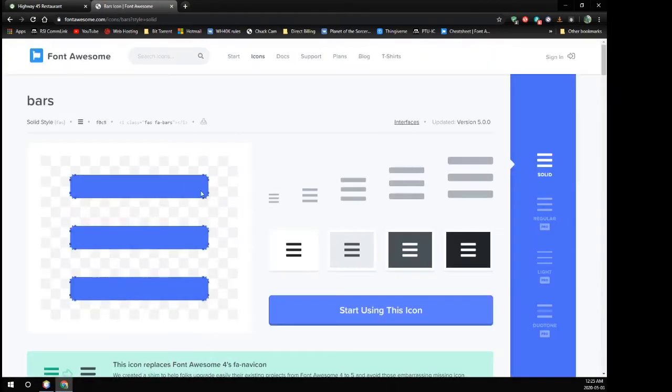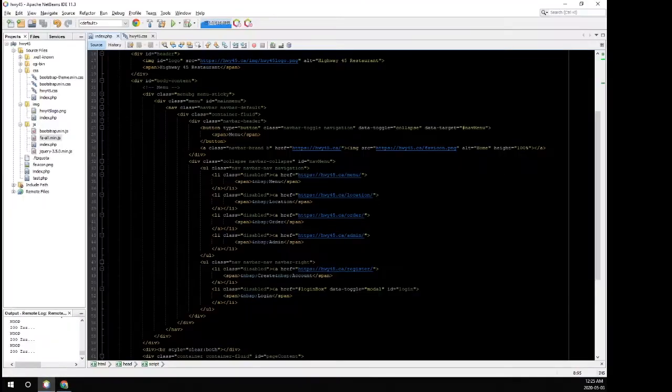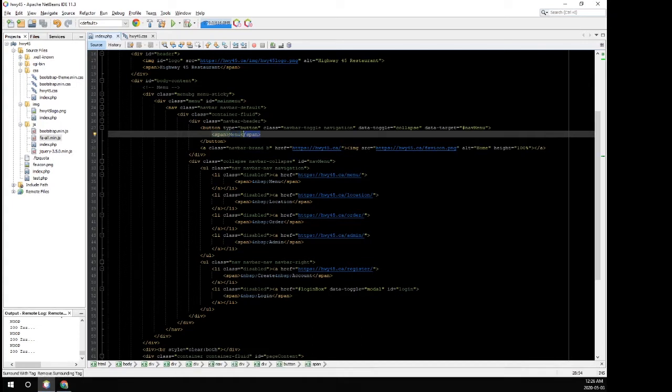So if you click on it, it'll bring up a lot of different things, but the important thing is this right here. This fun little code thing. And you click on it and it copies it for you. That's fairly convenient. Go to our site, and where we had menu, in fact this entire span we're just going to replace with that. And save,